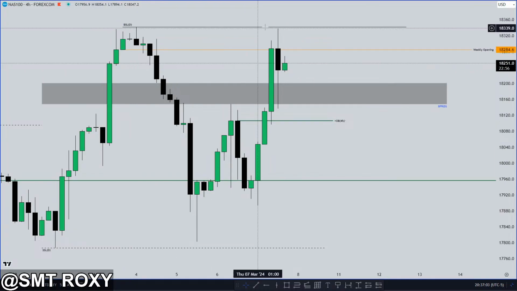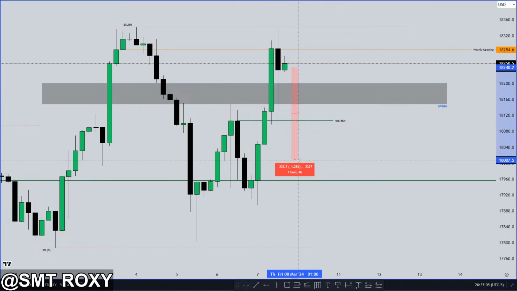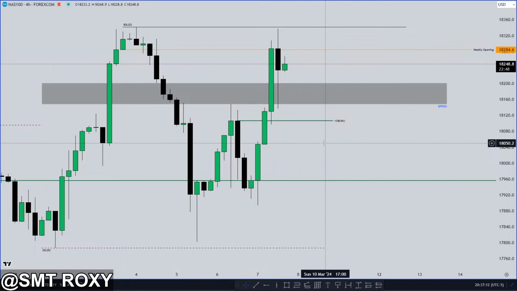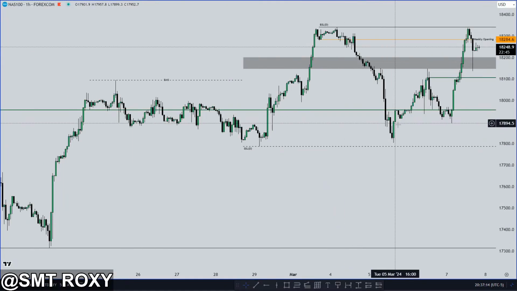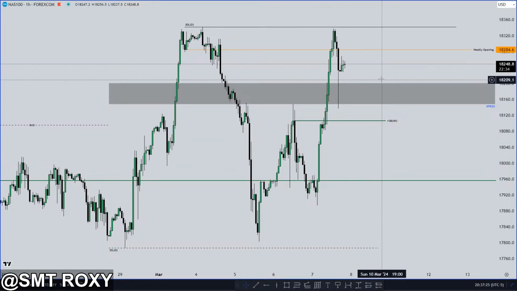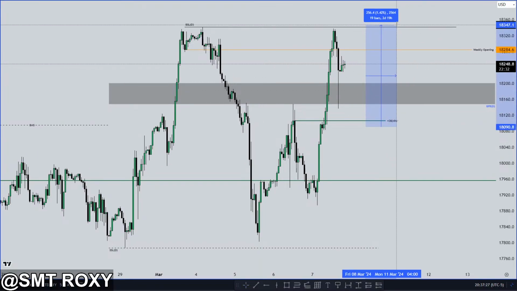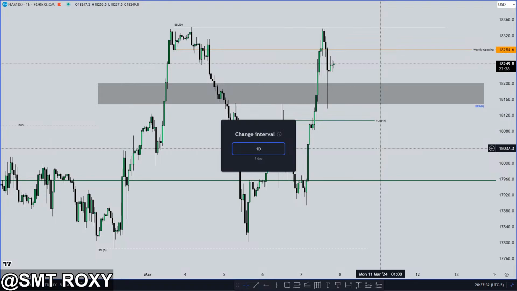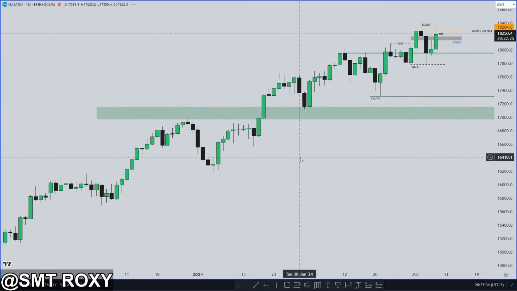And then eventually we created relative equal highs. I wouldn't want us to go down all the way, but I would prefer us to see a little bit of a drop inside of the balanced price range, if not form an inverse on the 1 hour. If not, probably right here we can stay above here, go up for NFP, come back down, or drop for NFP, or make this inverse before NFP and then come back down for NFP and then go higher. If not, then drop completely and then eventually make an inverse and go higher and take out that buy side liquidity target. So that's really it for the indices.